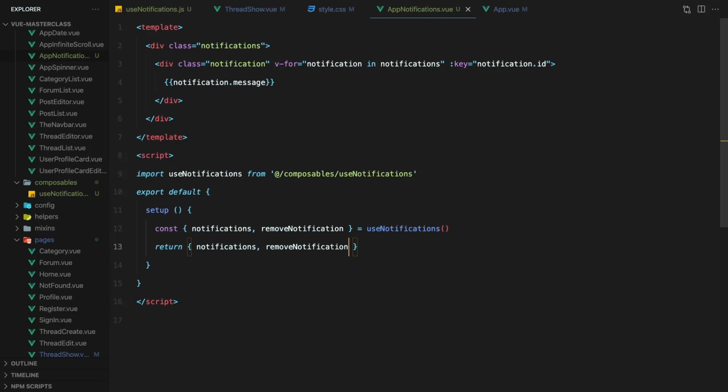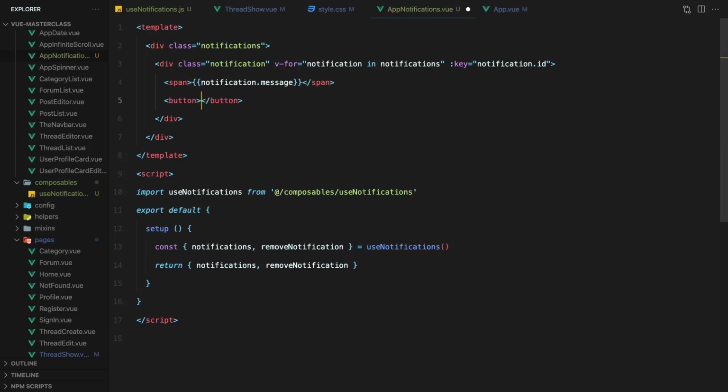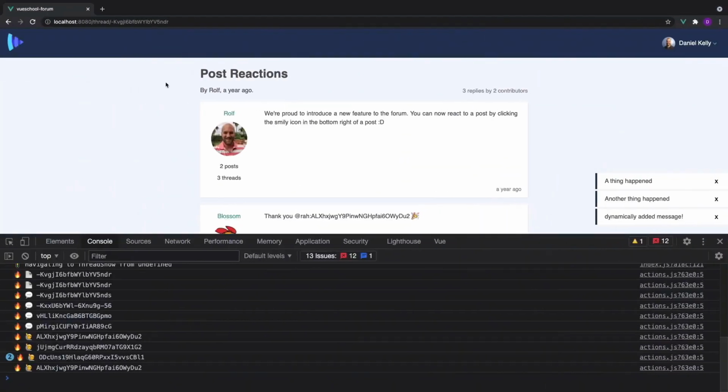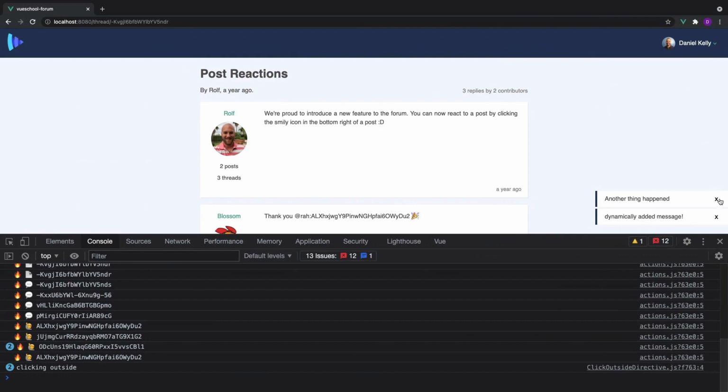Then we can provide the markup and use a click event listener to call it when the X is clicked. Now, when we check that out in the browser, clicking on the X removes the notification, just like we wanted.